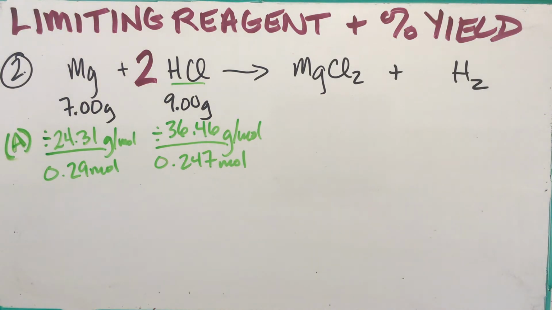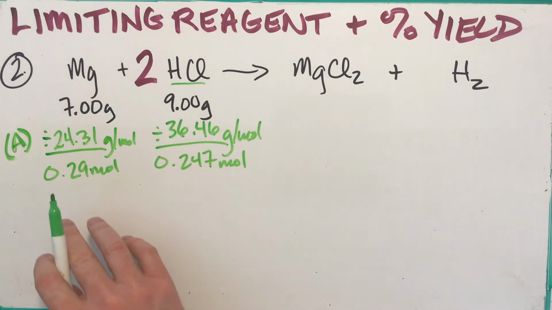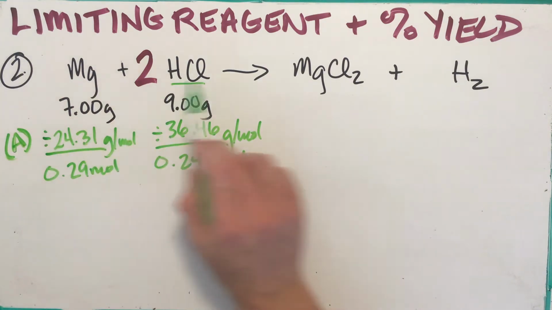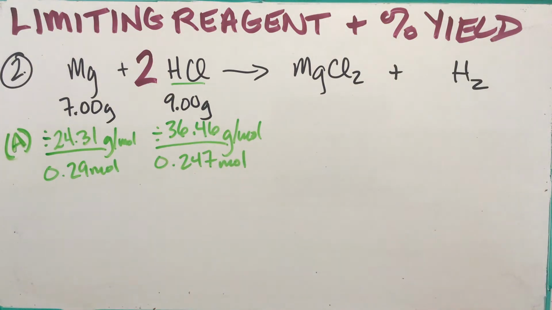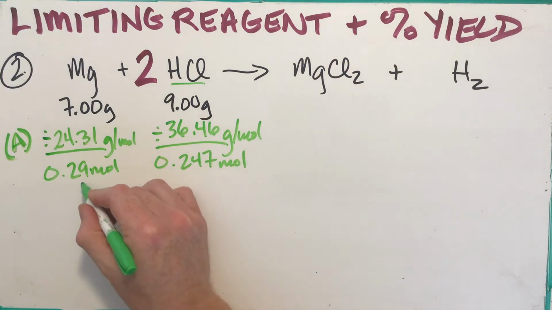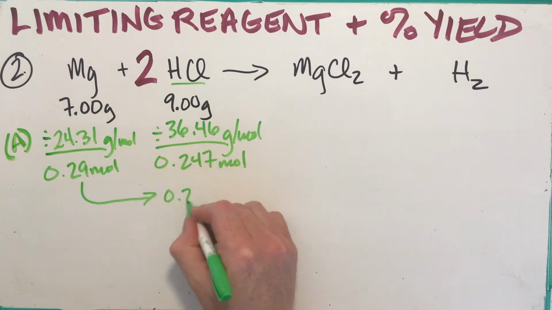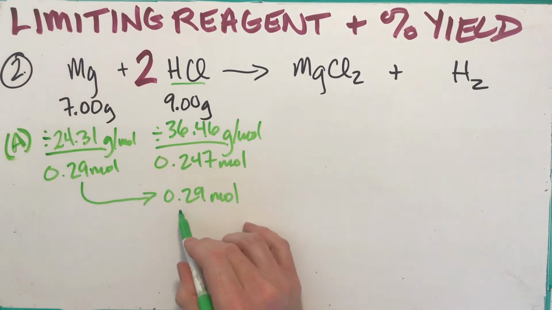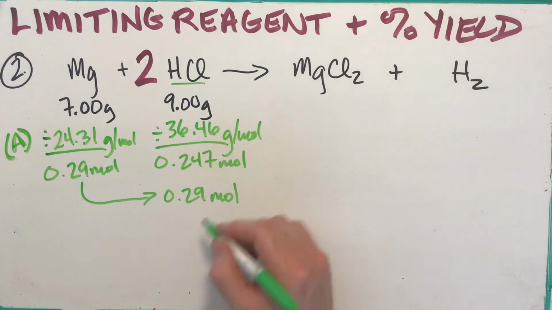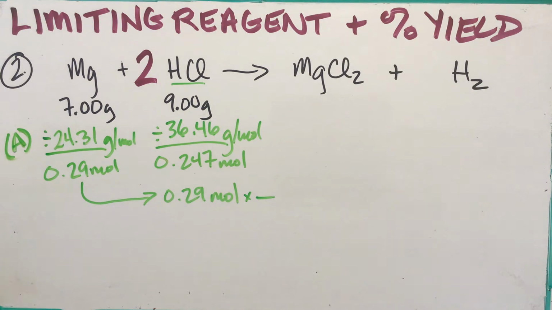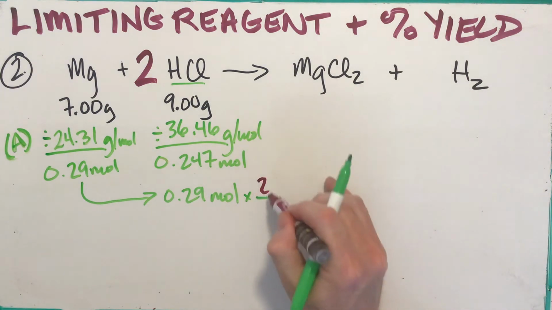that. Now, for limiting reagent, see, now I have them in moles. I can relate them to each other, right? Because we know we have 1, 2, 1, and 1 here. That's the relationship between all of these amounts, all of these substances, and it's in moles. So now I have moles here, and I can relate things the same way. So I'm going to bring this over and say if I use up all 0.29 moles of magnesium, how much HCl would I need? All right, so I multiply that by the mole ratio when I bring it over, and that mole ratio is going to be 2/1,